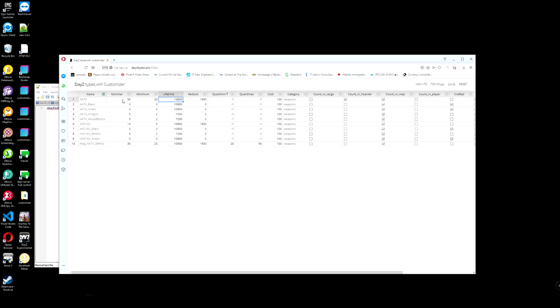So now just drag down everything 50, drag down everything 20. Now we want minimum to be like 60. Error: minimum value must be more or equal than nominal value, and it will get back to the previous value. So you cannot violate these rules.